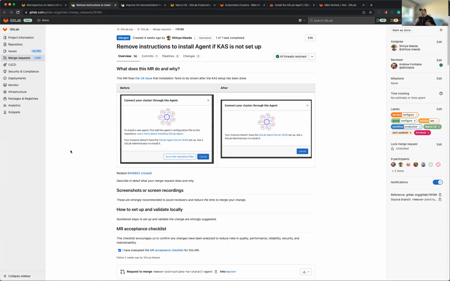So if you are on self-managed or an instance of GitLab that does not have the Kubernetes agent server set up, creating a configuration file and moving through the steps won't get you anywhere. You're basically blocked until you install the Kubernetes agent server. So what we did here was remove this set of installation instructions here, which were listed first,